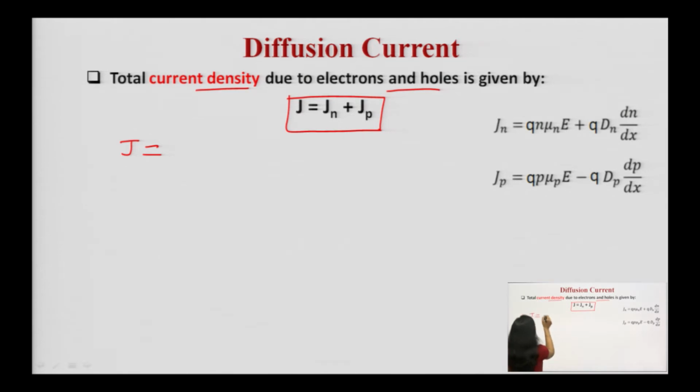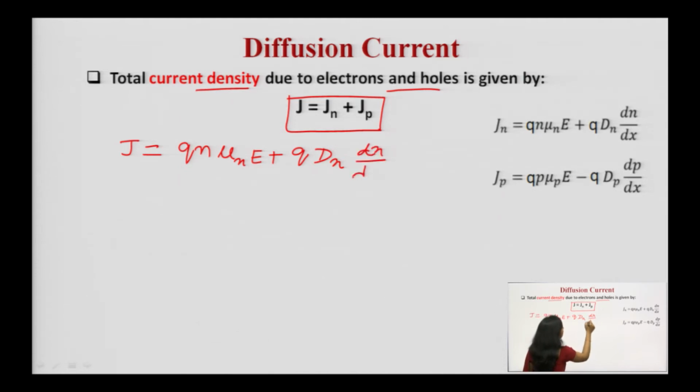First, Jn is Q n mu n, where mu n is the mobility of electrons, into E, plus Q, the charge on the electron, Dn, the diffusion coefficient, into dn upon dx, plus Jp. The first term is Q into p into mu p into E. p is the concentration of holes, mu p is the mobility of holes, E is the applied electric field, plus